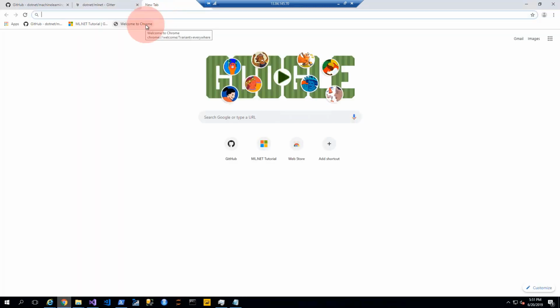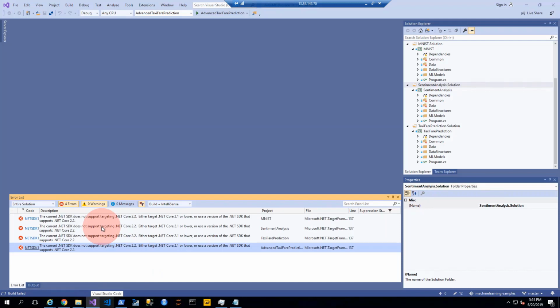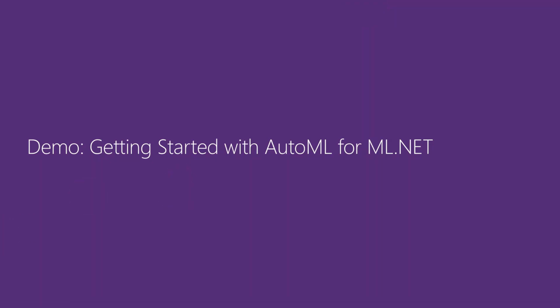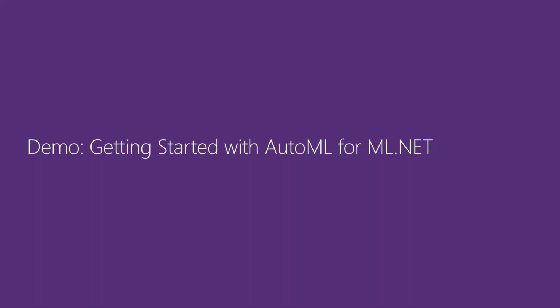I'm not going to do it now because we are coming up on the end of the hour. I'd rather take some questions. But I noticed that the deep learning virtual machine doesn't have the version of .NET Core to which these solutions are targeted. So it's not that hard. You just install .NET Core 2.2 and then everything works fine. So I'd rather save this time for some questions and also talk to you about the last few slides, then go ahead and finish that